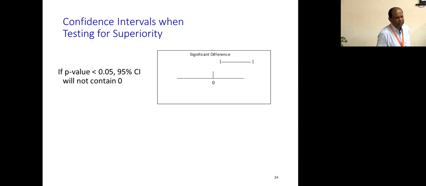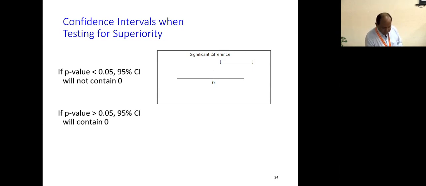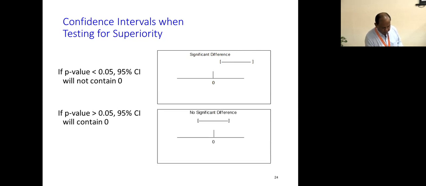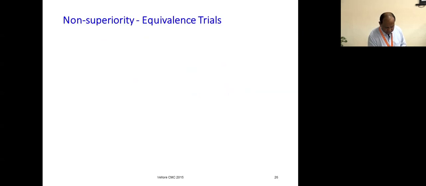Any questions? Do you understand this? I construct a confidence interval and see that either both values have to be positive or both have to be negative. The lower limit and upper limit should both have a plus sign, or both have a negative sign. Okay, do you understand this? The moment you look at the graph, you say one is superior. If the confidence interval includes 0, you say it is not statistically significant. Then you do the power analysis.